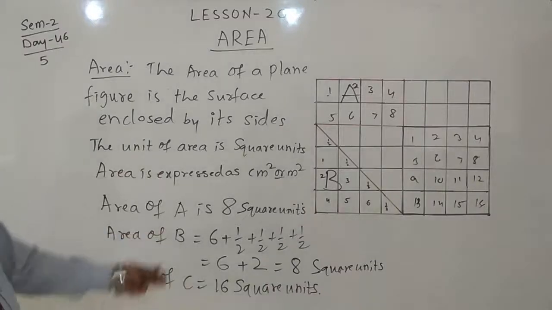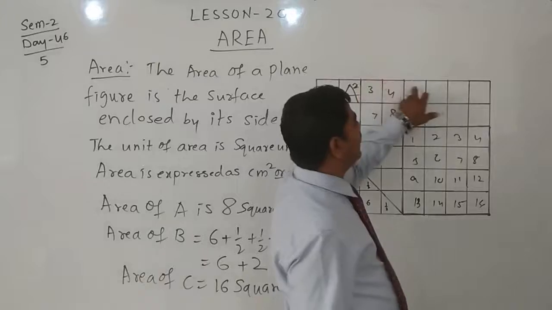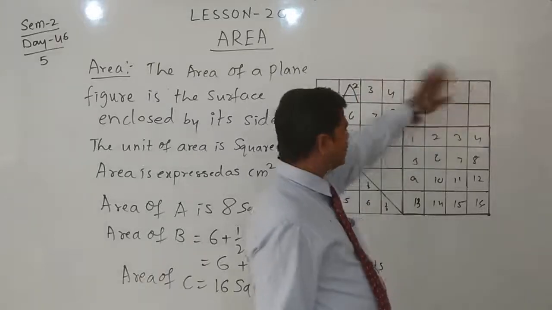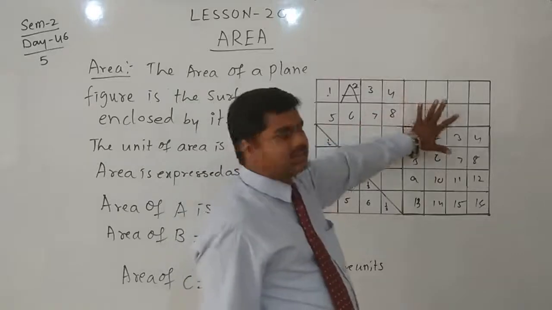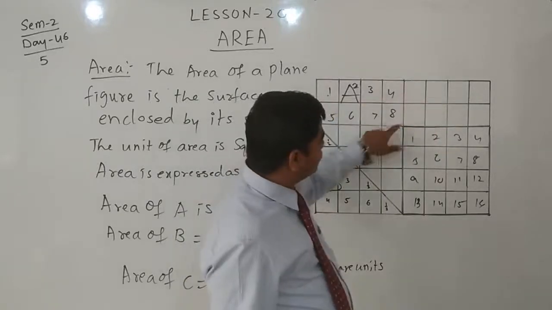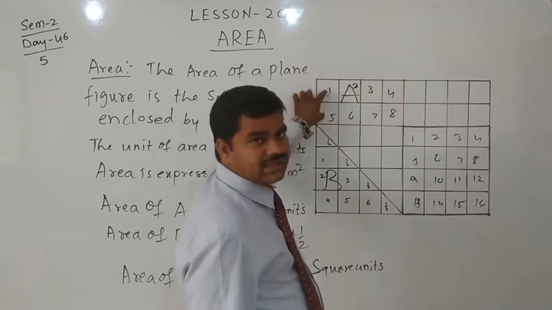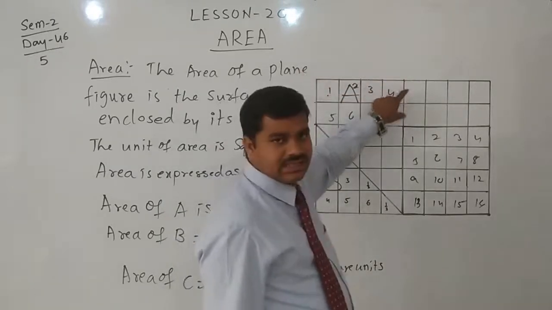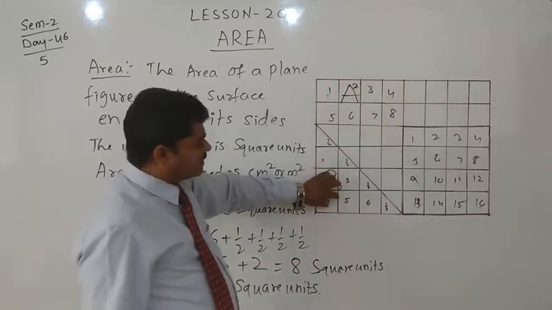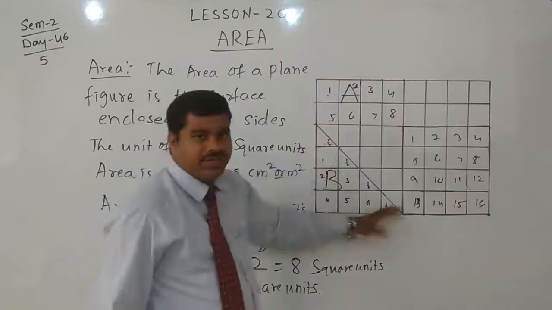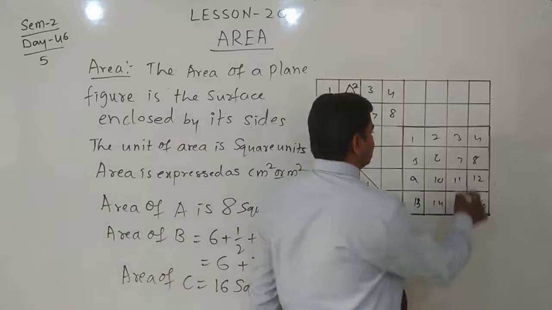Very simple. Draw this one. This is 1, 2, 3, 4, 5, 6, 7, 8 squares and 6 squares. You draw a square grid. In that, mark this 4 into 2 rectangle: 2 rows, 4 columns. This is an 8 square rectangle, and this is 6 full squares and 4 half-square triangles, and this is the shape of a square. This is C.